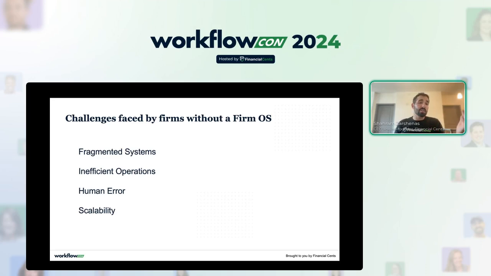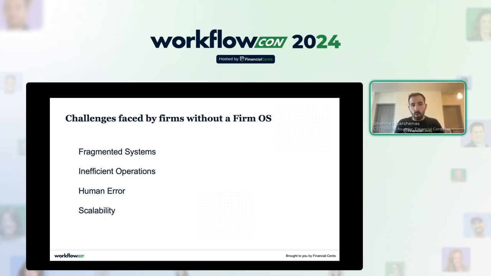It also creates mistakes and human error, right? When you're switching between different apps or you're having to look in different places for different things, maybe you forget to look for something. You make a mistake. You have to go back and fix it. And all of this together creates scalability issues. It's okay when it's just you. It's okay when you're small.